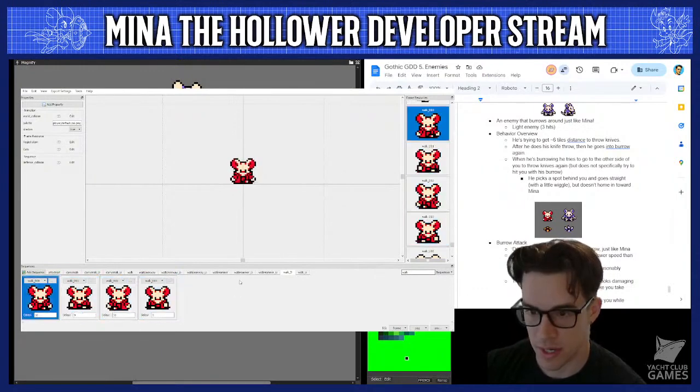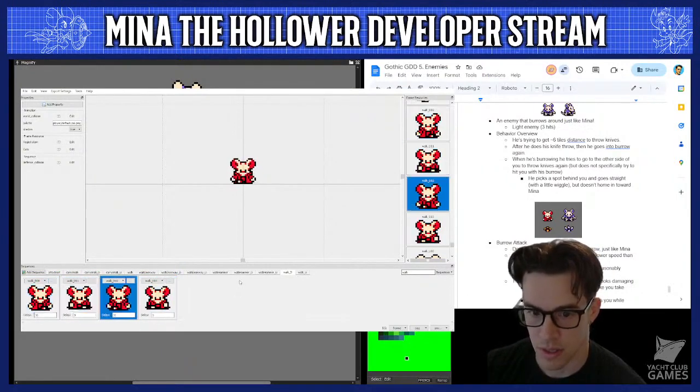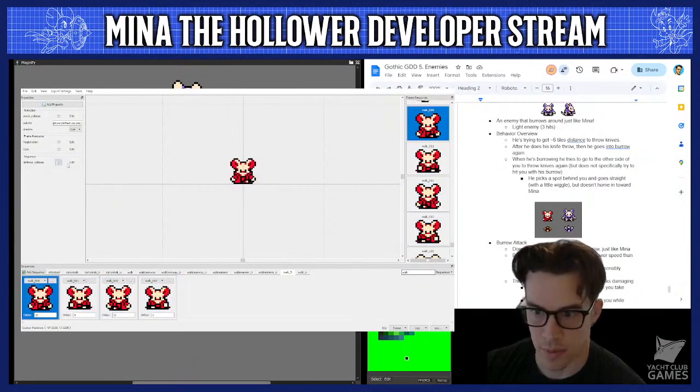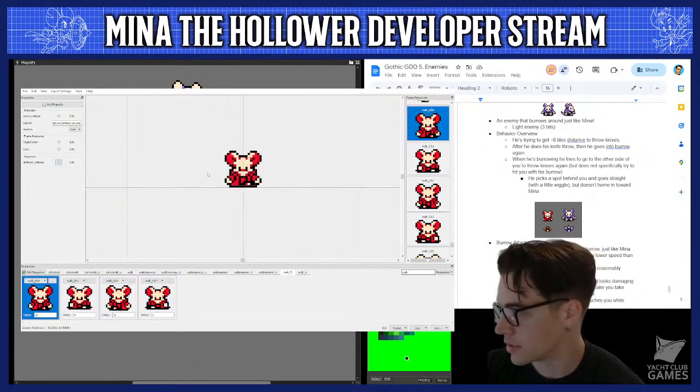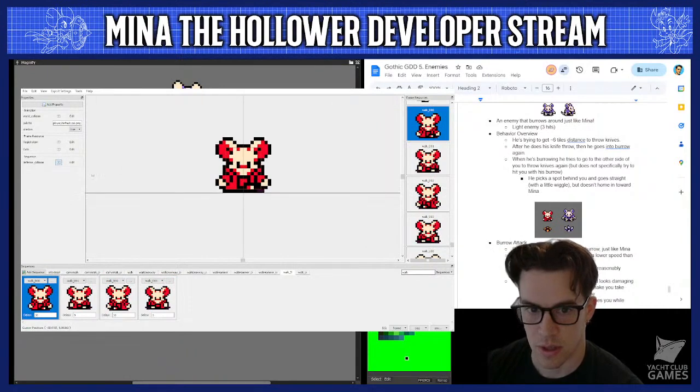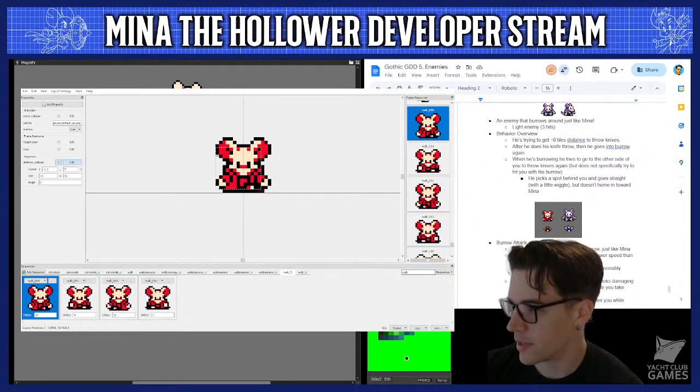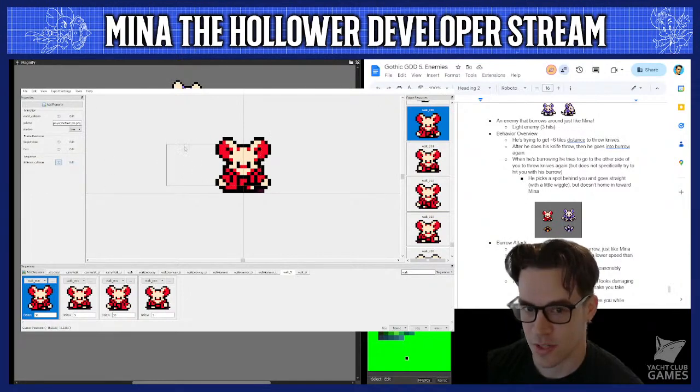So on the fly, we can edit all of our animations and add things like hitboxes. It might be hard to see, but I just made this defense collision visible. If I edit this defense collision for Mina and hit save, now she will take damage even if she gets touched way off to the side here. So we have a lot of